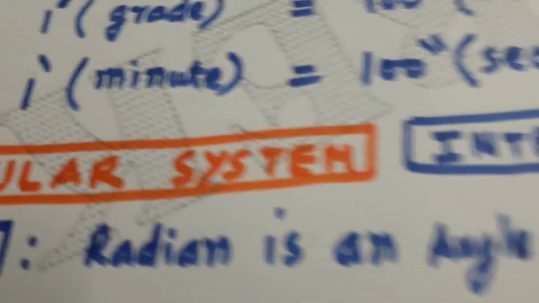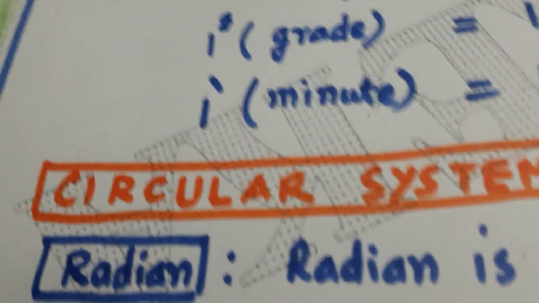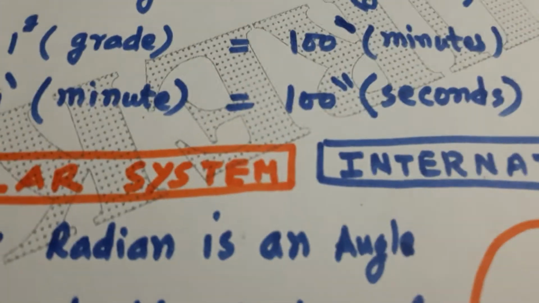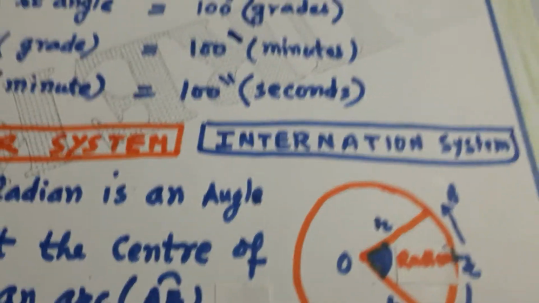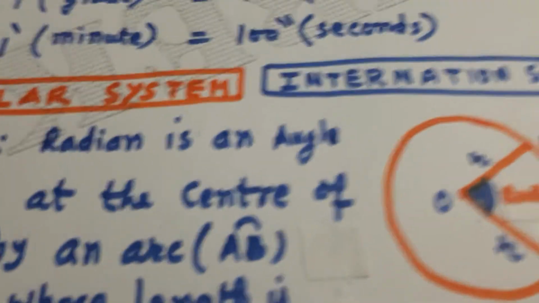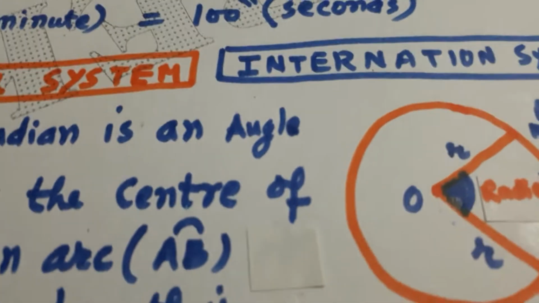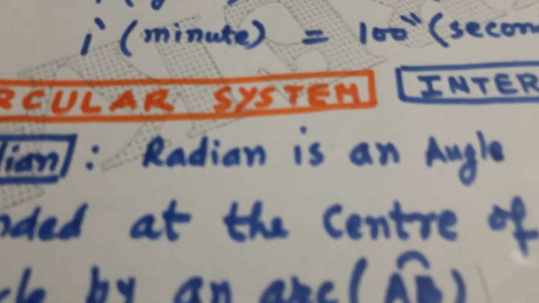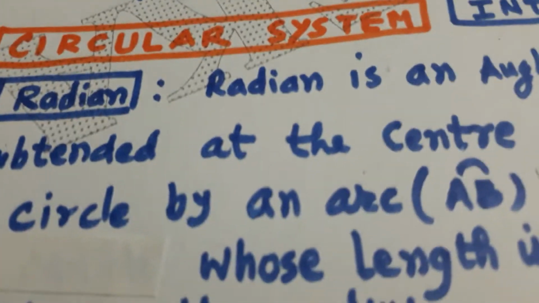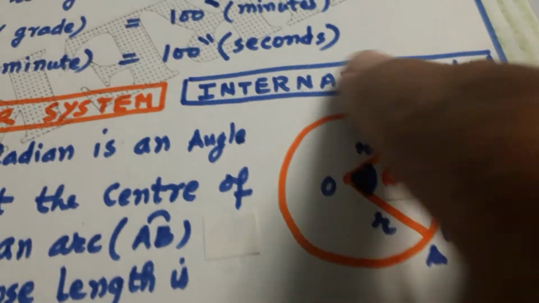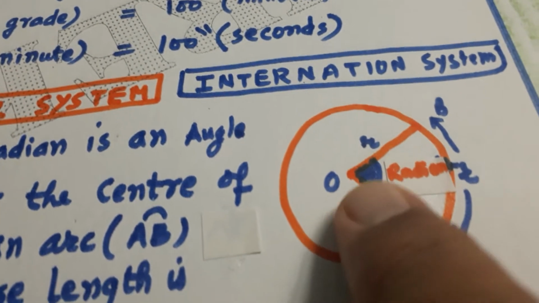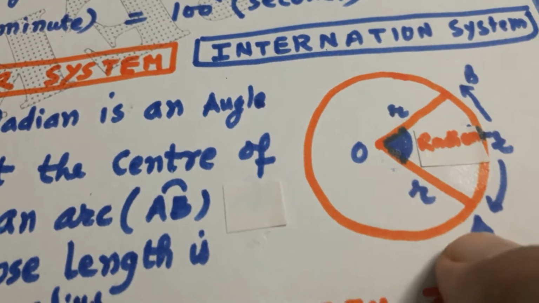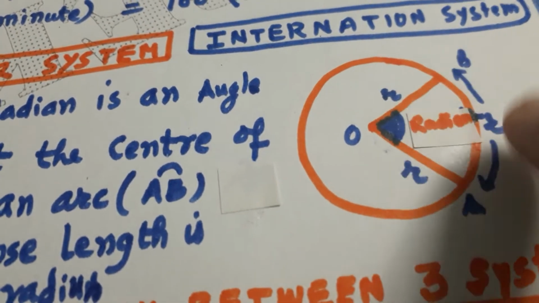Now let us go to the third system. Its name is circular system. It is an international system and used everywhere. Everywhere the angles are denoted in terms of radian. So what is radian basically? Let us define it. Radian is an angle subtended at the center of a circle. Look here. Here is the circle. This is the center. This angle is 1 radian. This is subtended by an arc AB. This is an arc AB